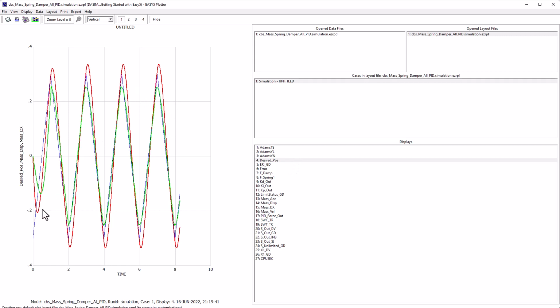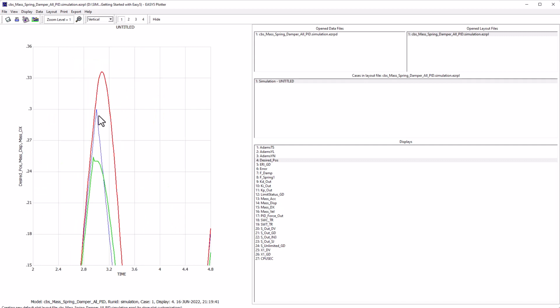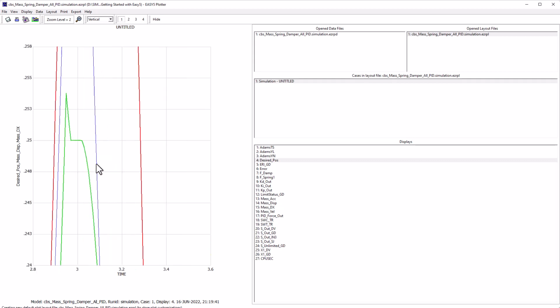All right, and so there we can see the underlying desired pattern that we wanted, and the red graph is how well the mathematical model was able to follow, and you notice it actually has quite a far overshoot. So the force is pushing it towards this, but then it overshoots and it has to pull it back. The Adams model, however, hits the bump stop and so stops short, and once again you can see the little contact spike where it has to first penetrate and then it gets pushed back onto the 25 centimeter bump